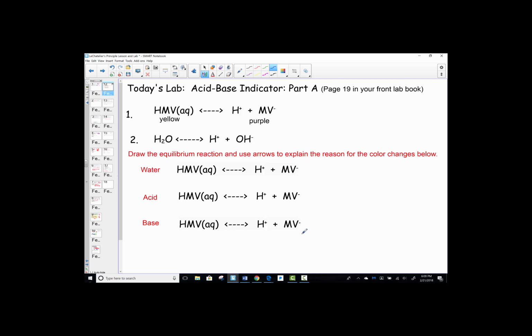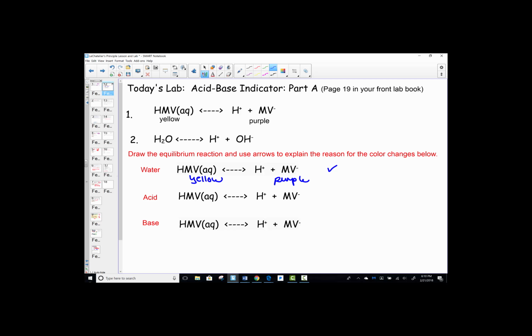Alrighty. Now, in the directions, as you're reading through your procedure for part A, it says you're going to place a little bit of this methyl violet indicator into 3 different test tubes that contain water. So right off the bat, one of the first observations is, when you place the methyl violet in water, is this yellow or is it purple? The color will be recorded at the top of the page right there where it says color of methyl violet in water. And then you'll know what side of the arrow you're on